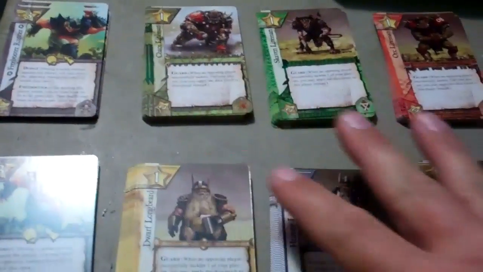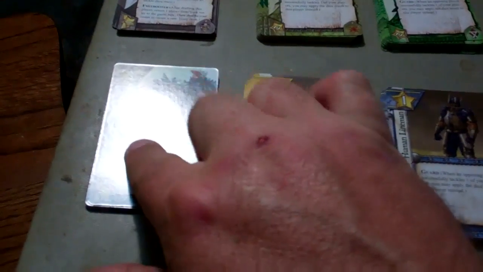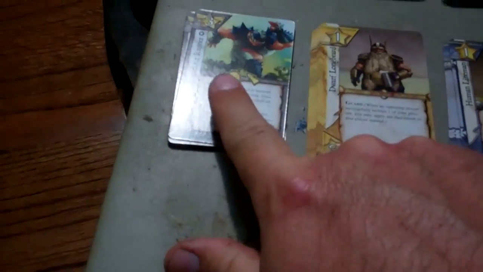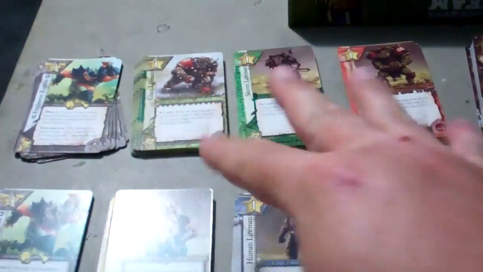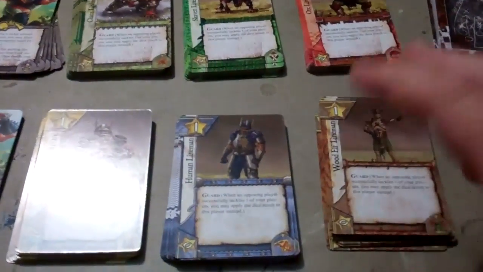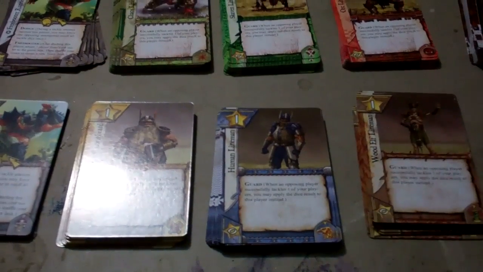You got your different team cards here. You got your elves, your humans, dwarves, and their freelance players that they can hire. And then you have the orcs, the Skaven, the chaos players, and their freelance. They're pretty much the same as the other freelance, they just have a different back to them. And the players start out with 12 of those cards,